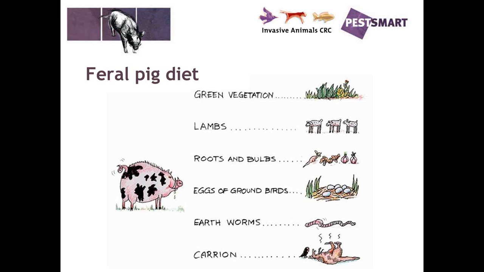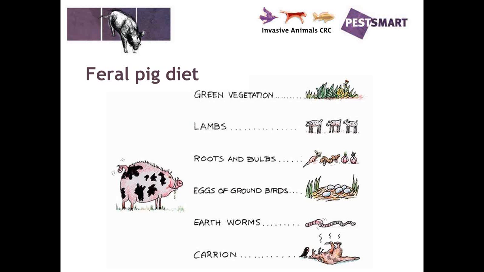As well, they'll eat roots and bulbs and things, and this normally happens when the active growing grasses begin to hay off. They'll start digging and chasing roots and things like that. They have a lesser quality, so that's why they're sort of a secondary source. The eggs of ground nesting birds as well is an issue, as well as reptiles too. So things like ground nesting turtles, for instance, earthworms and other invertebrates that live under the soil surface.